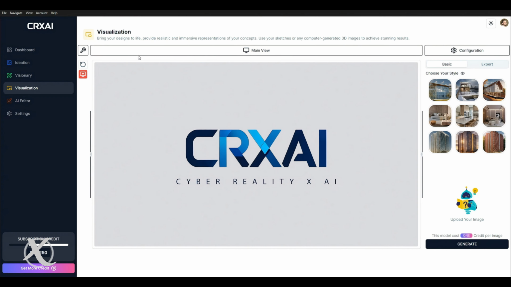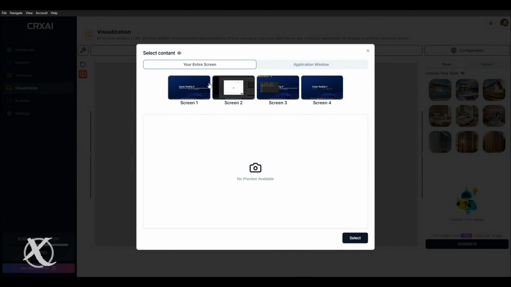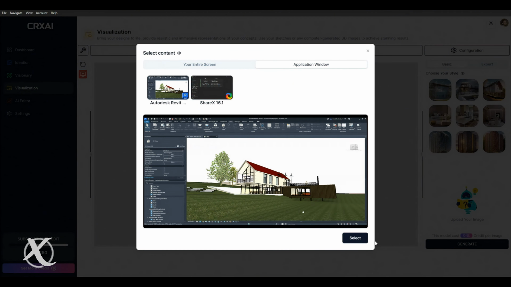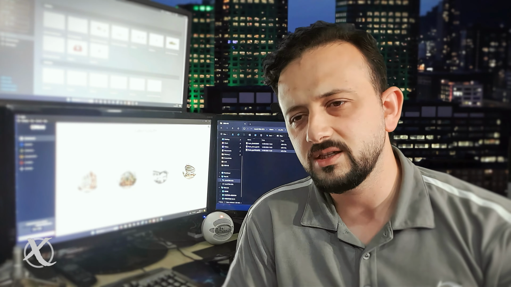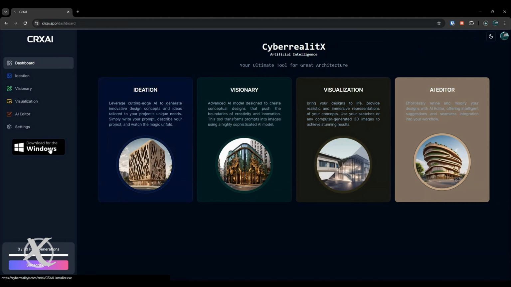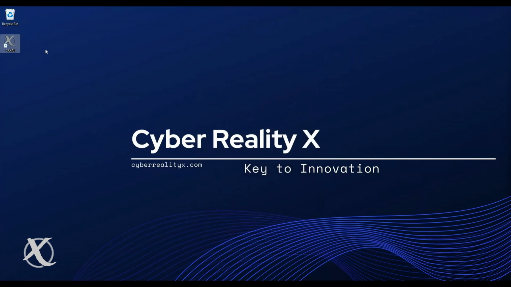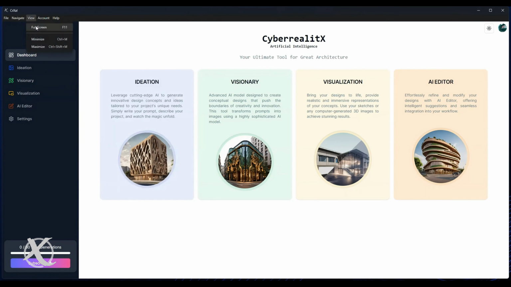It has very easy integration with all these major design tools, and you don't even need to install it as a plugin for every single design tool or software you have. No, you don't need to do that. It's just one program, one software. You can download it from our portal, install it on your computer, and that's it. That's the only thing you need to do, and the rest is just you go and play with the tool